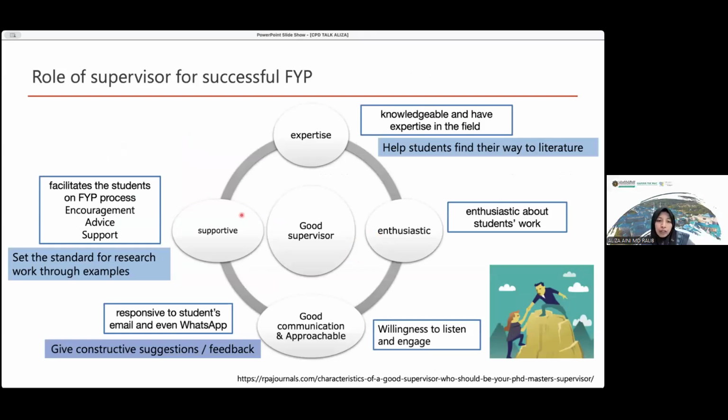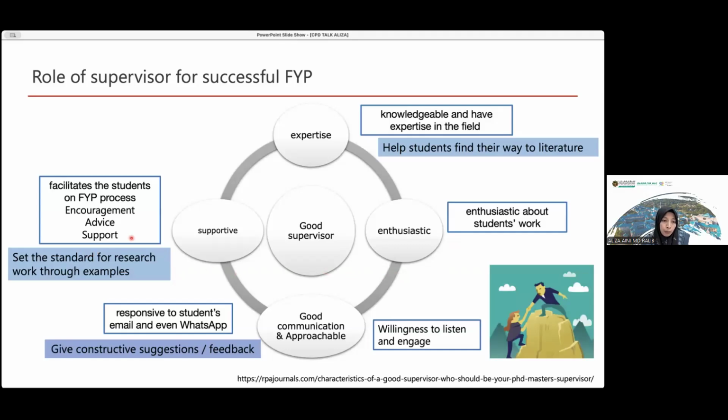Okay, so I summarize here some of the important roles of a good supervisor. Number one, as mentioned before, is expertise. Number two is that we are into the students' work, so we cannot leave the students alone. We also need to be there, try to understand the paper, try to find the important papers, maybe at least a review paper, pass it to them, and discuss weekly what they can understand.